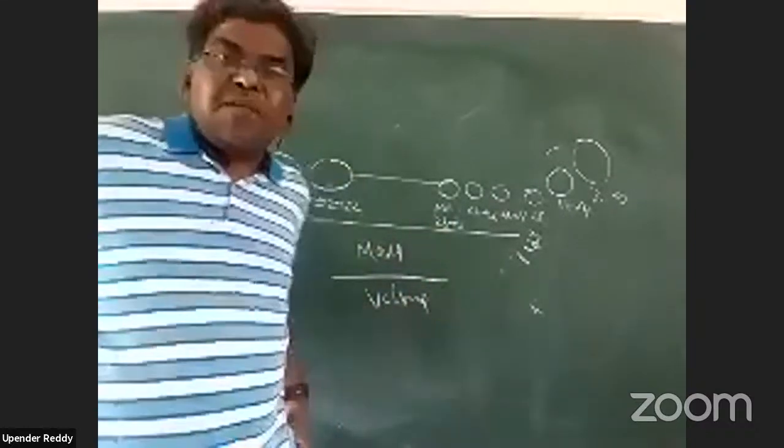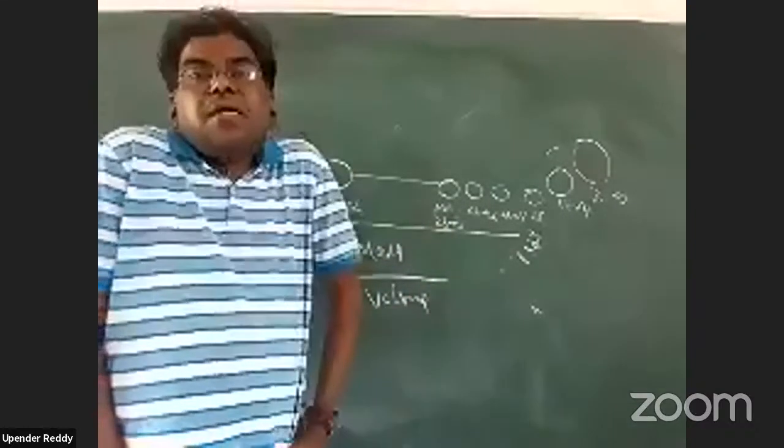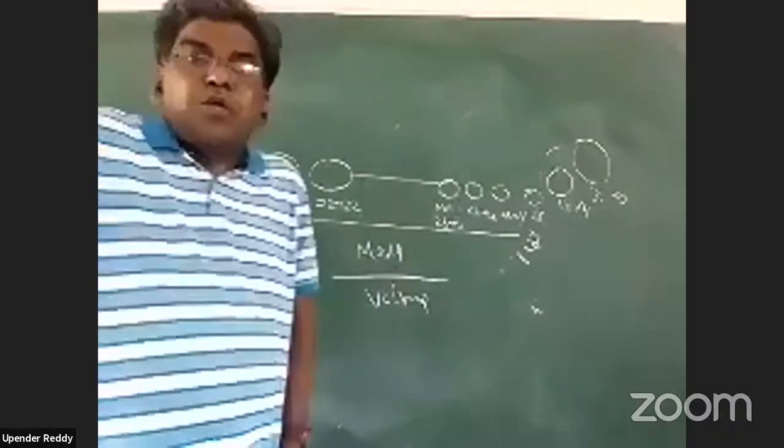Osmium and iridium are the largest density elements in the periodic table. 22 grams